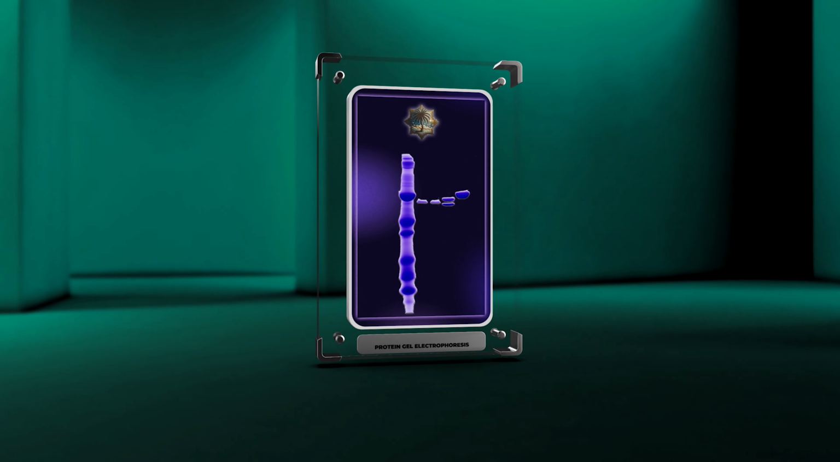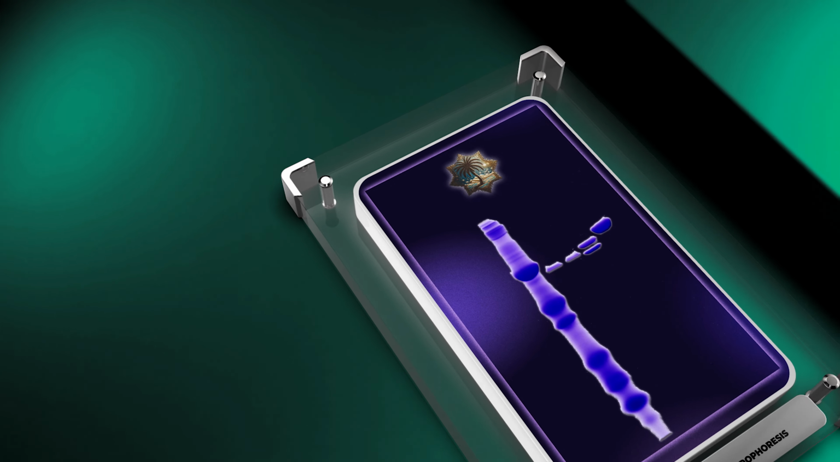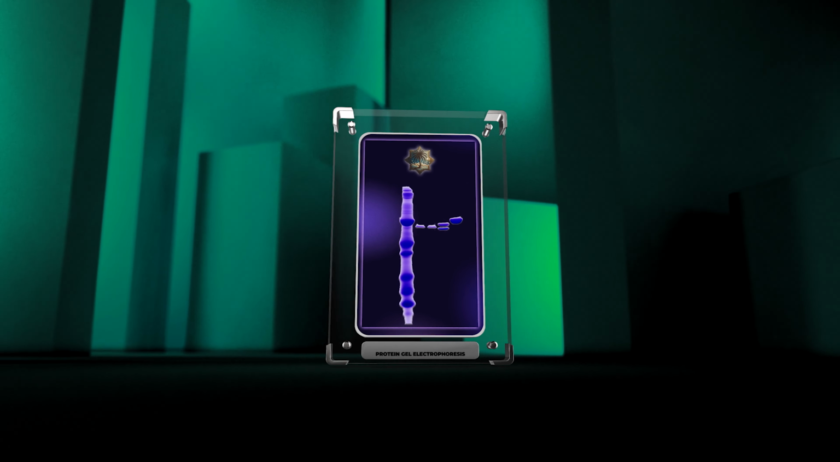A powerful technique in molecular biology. We'll discuss various techniques, such as and more. Join us as we unravel the